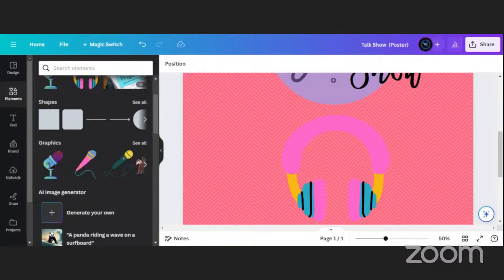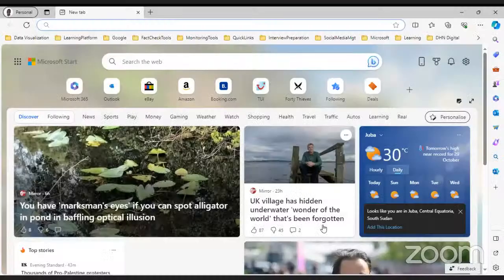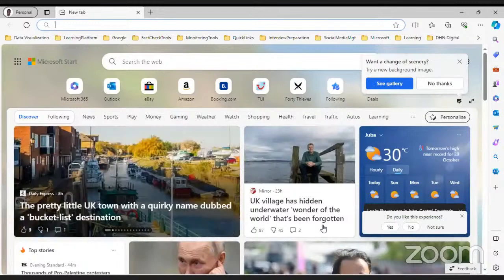Now I have to switch my browsers a bit, so you guys have to use Microsoft Edge in order for us to use this Bing imaging. Now I have to change to share my screen. Yes, I hope you guys are seeing my new screen. So this is Microsoft Edge.